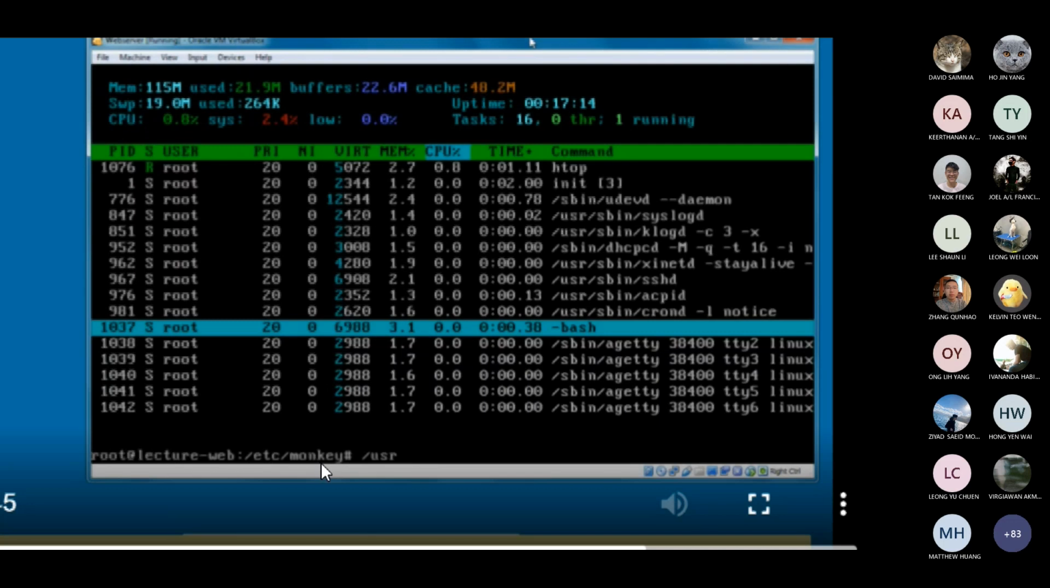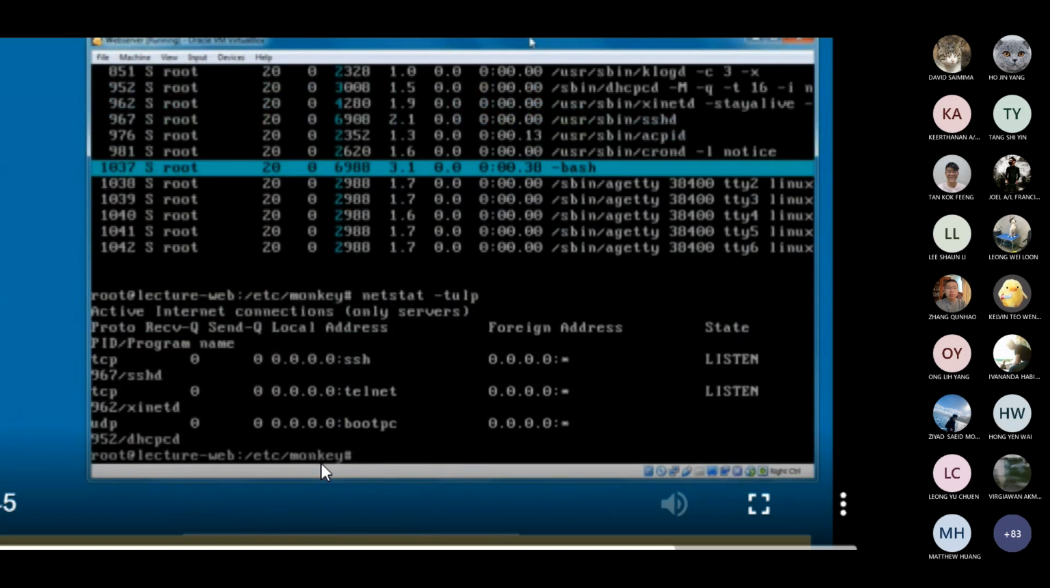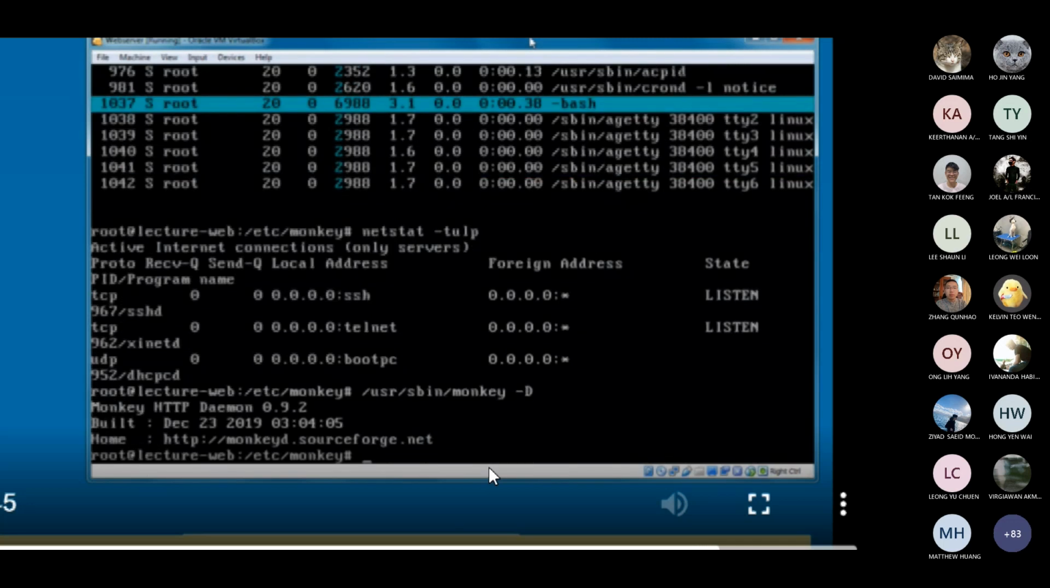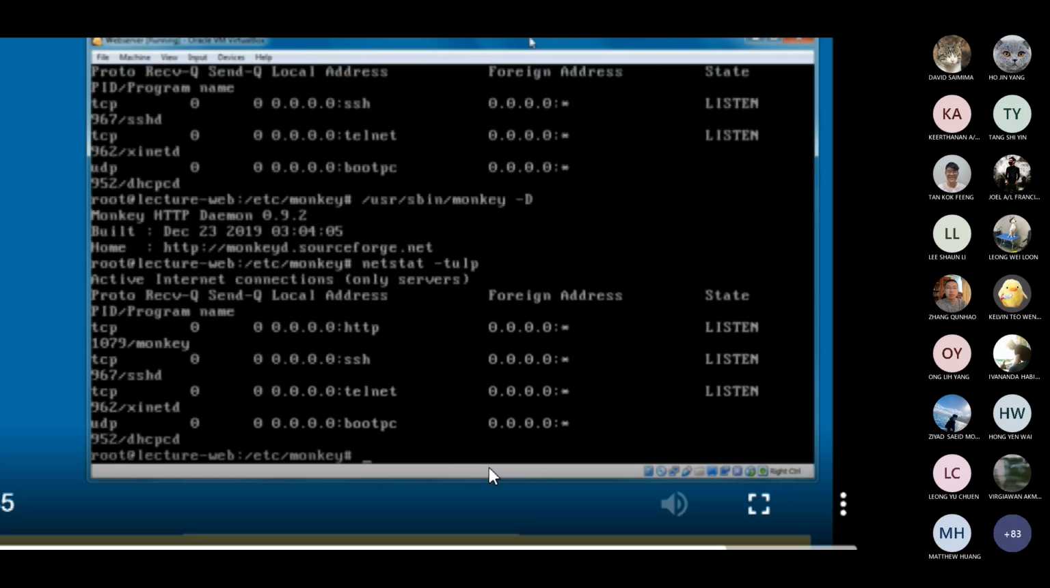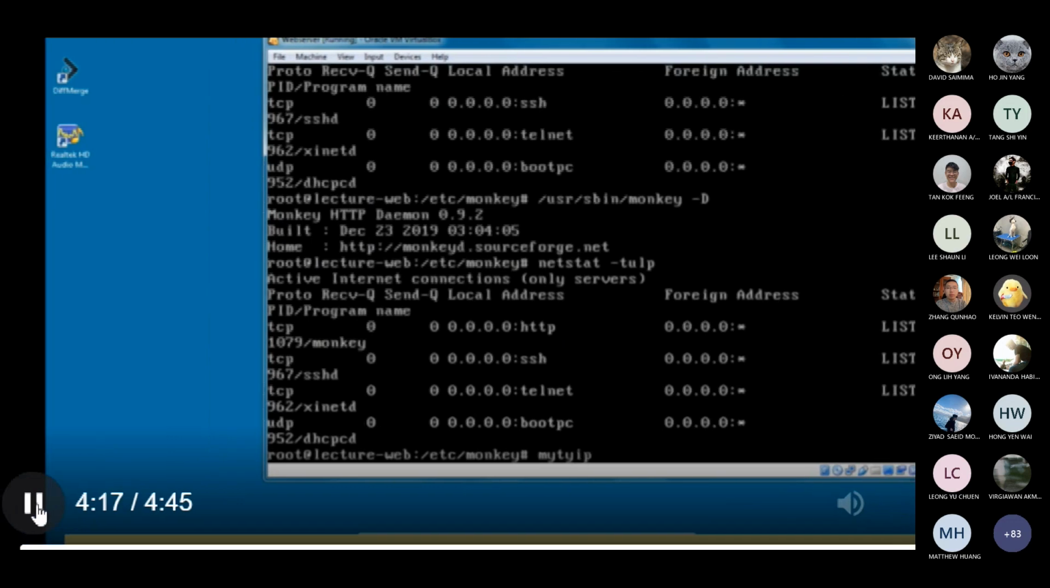And the same one we saw before. All right, and let's do netstat -tulp first, just to be sure. No Monkey process running there. /usr/sbin/monkey -D. There we go. And netstat has it back. And now we can